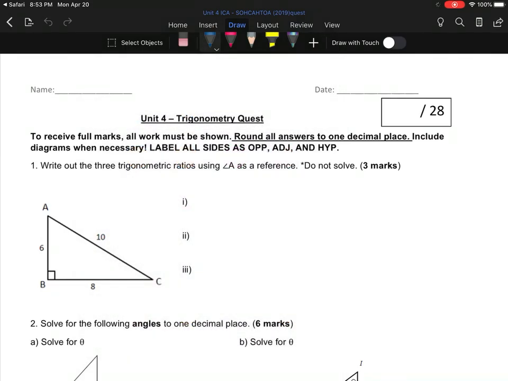TOA. So if it helps you when you start writing your test or exam or whenever, put TOA at the top so that you remember. It does say to show all work, round all answers. So this is really where you want to make sure that